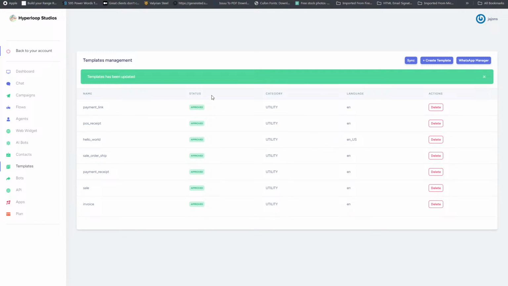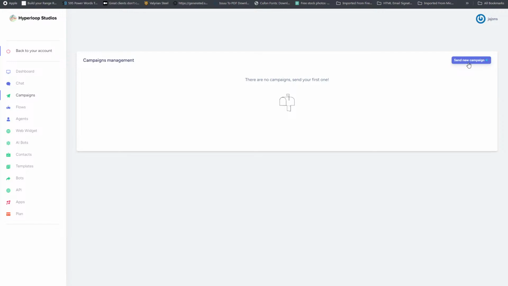So there is an ethics on the structure of the way how your message has to be, so that it can actually fit the privacy policy of Meta, but also usage policy of WhatsApp API. So, for instance, while that is being approved, we have other templates that we have here. And so if I come to campaigns and I say I want to send a new campaign,